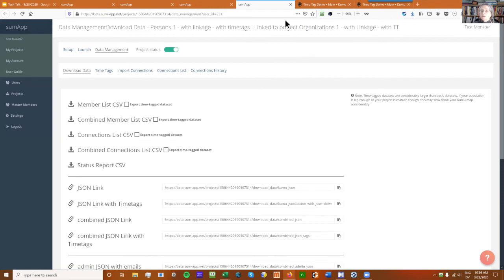So Tim, I think we're ready for you to go. Let's pause here before we go into what this looks like in Kumu. Oh, there's one more thing I should say, which is, it is possible now using, Tim, what are those things called? Partial views. It's possible now using partial views, if we output the connection data on a single row, to visualize it the way we want to, but it's more complicated and you'd have to be more technically savvy to do it.